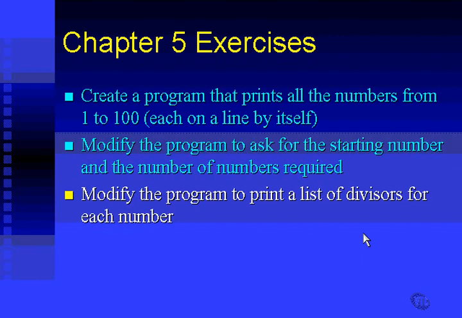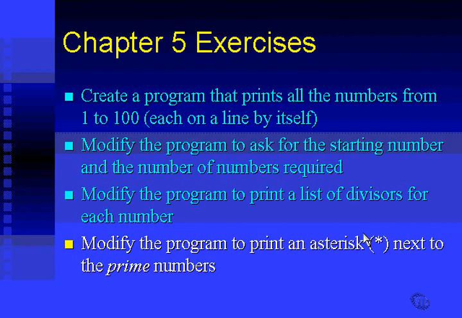Modify that program to print a list of the divisors for each number. What does that mean? Okay, so let's say we've got a number 12. A list of divisors for that number is the list of numbers that will evenly divide into 12. So the numbers that will evenly divide into 12 are 1, 2, 3, 4, 6, and 12. Numbers that will divide into 13 are 1 and 13. You get the idea? The trick there is to figure out how to determine whether something is dividing evenly or not. Can you remember? Can you think about it? Okay. Next,